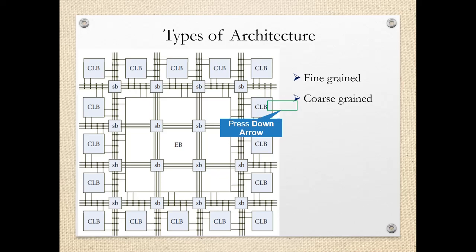So, if the internal logic, that is the embedded processor, is made up of coarse grained, the outer connections are very few. So the speed becomes much faster for the coarse grained structure as compared to the fine grained structure. Fine grained structure is used to implement very small circuits, and the coarse grained architecture is used to implement the bigger logic.